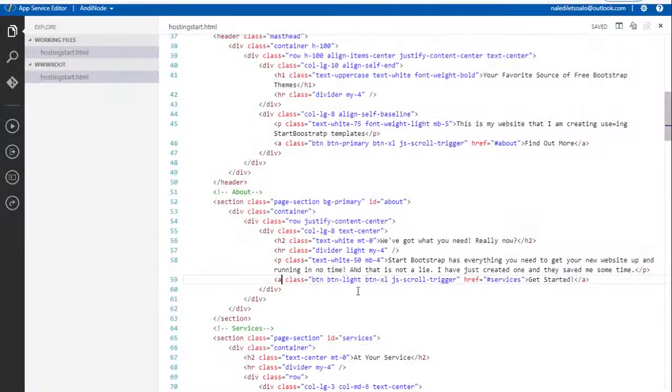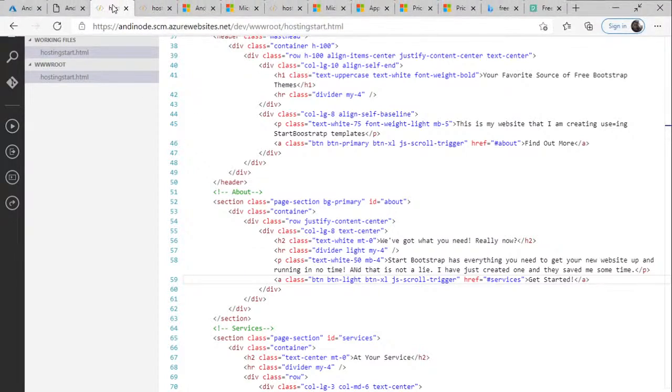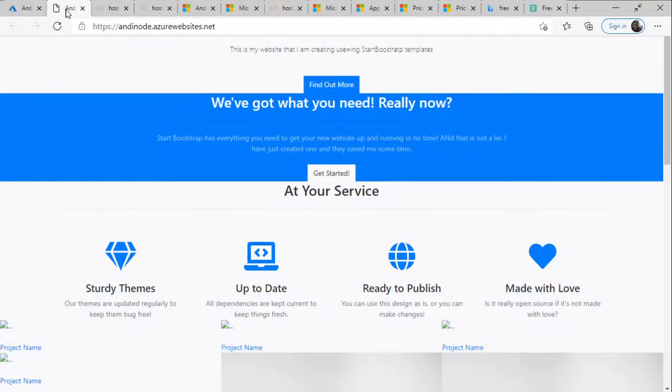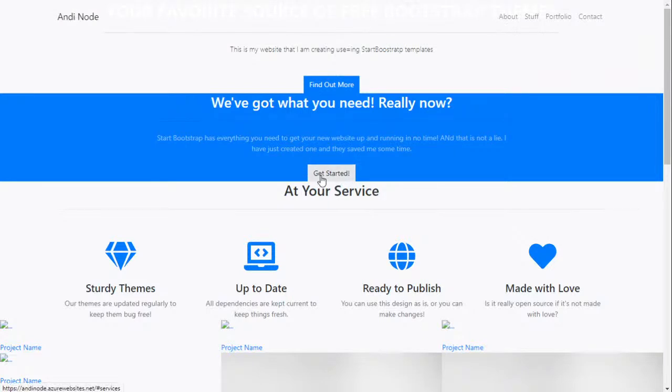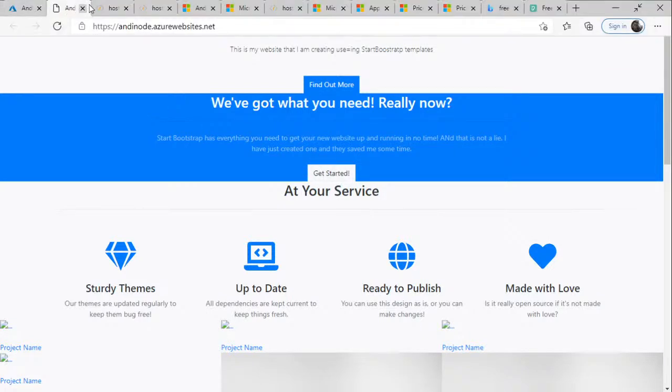So I know that this is an action class and it is btn, button, btn light. So I kind of know it's a light button because if I look at it over here, btn light, it's pretty bright. It's not dark.